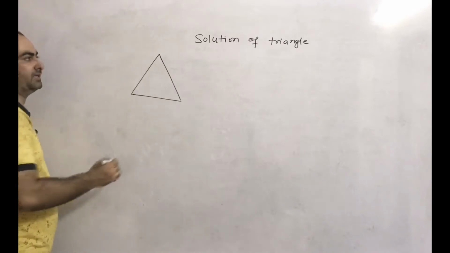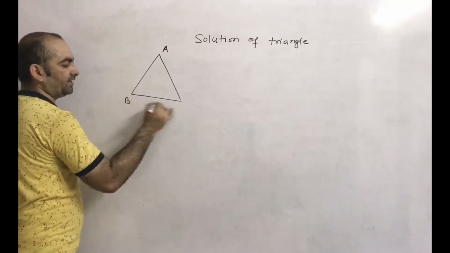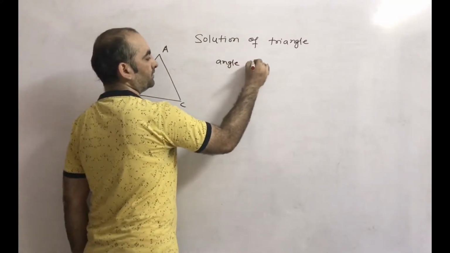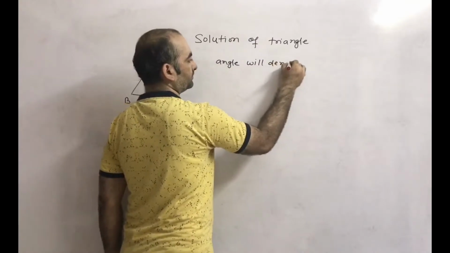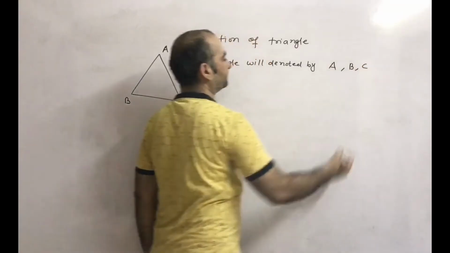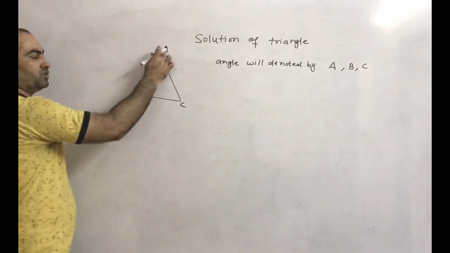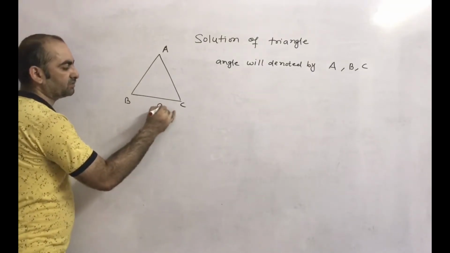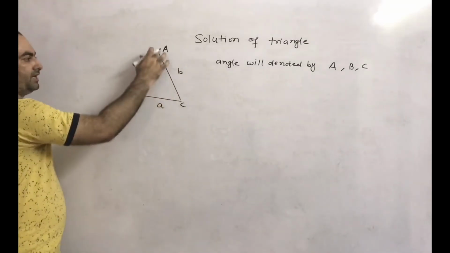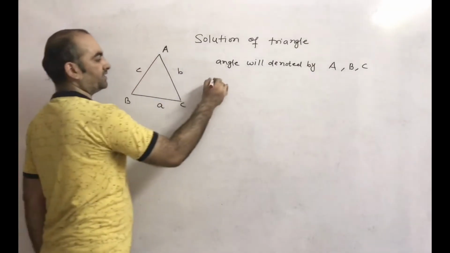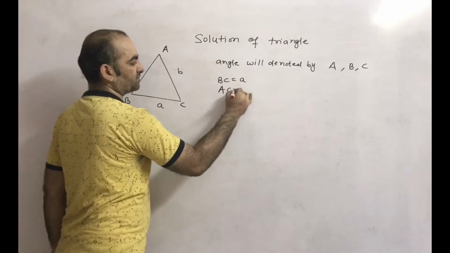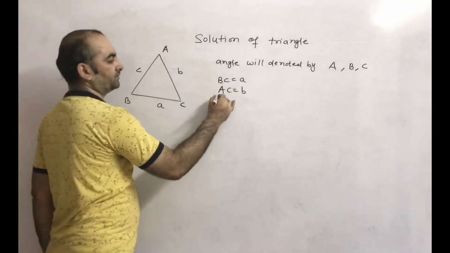Vertices will be denoted by capital letters, capital A, capital B and capital C, and angles also will be denoted by capital A, capital B and capital C. And sides, opposite to A, side BC, will be denoted by small a. Opposite to B, side AC will be denoted by small b, and opposite to C, side AB will be denoted by small c. So here we can say that BC equals small a, AC equals small b, and AB equals